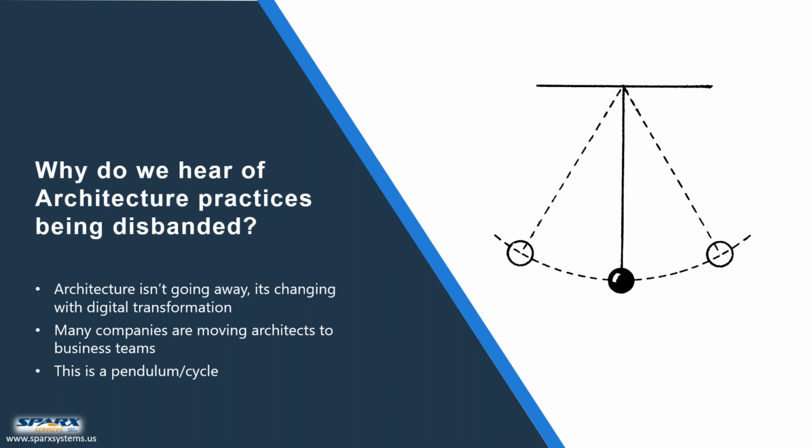And this goes along with the idea of digital transformation, where business and IT become intertwined. We're also seeing them start to move some of their IT development teams out to business functions. So you have business analysts and architects and developers all working together to solve the business's problem. So it's not necessarily a bad thing. It actually provides some new opportunities for architects to get deeply embedded and understand what's going on within their business